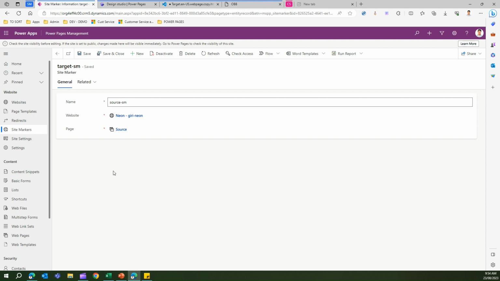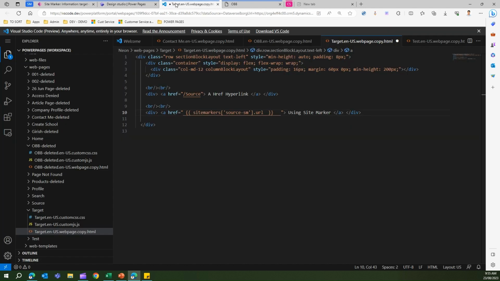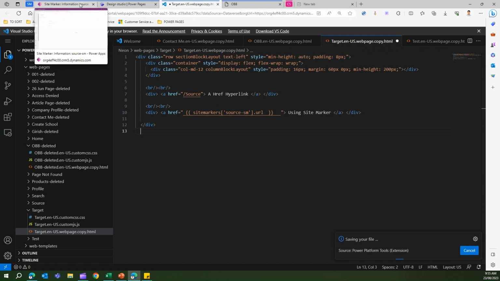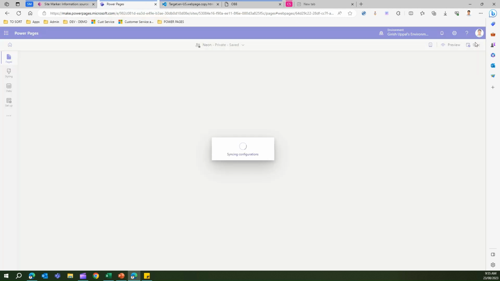So what I've done is I have made these changes to source sm, and let me make this change as well. So target and source are now interchanged. I have created a site marker for source, and source will point to source sm. Let me save this, do a Control S. This will save the file. And now once I run this page, let me sync this first. I'll find two hyperlinks in the target page. Now that target page link will point to the source page. Once it is synced completely,